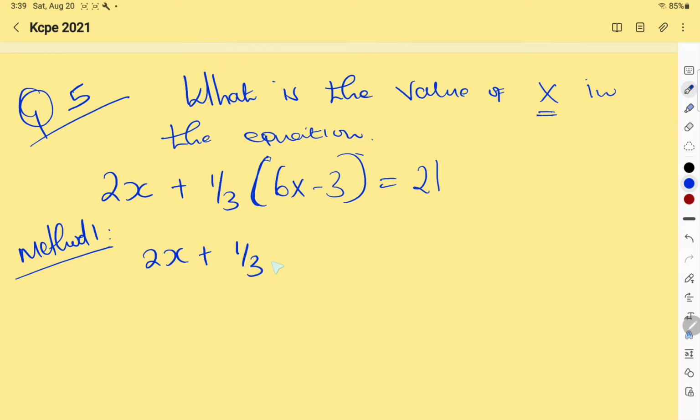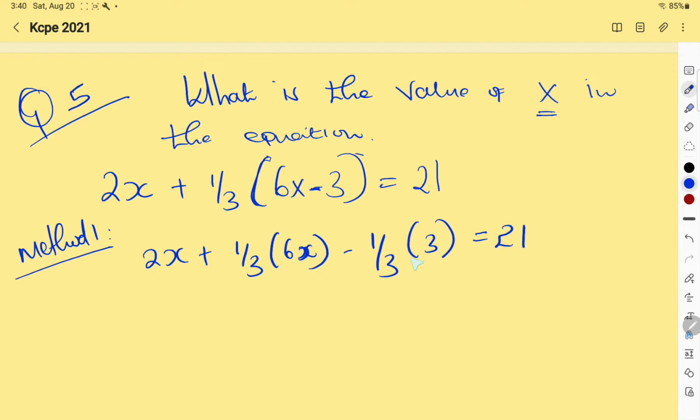So this will be a third multiplied by 6x, and then minus a third multiplied by 3, into brackets, is equal to 21. So what I have done is just opening the brackets,